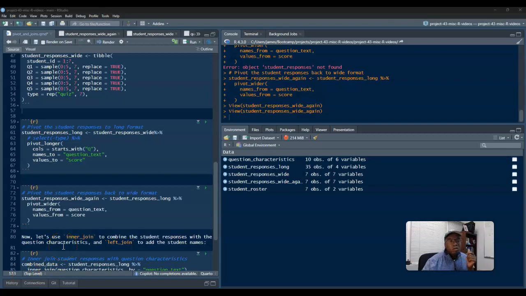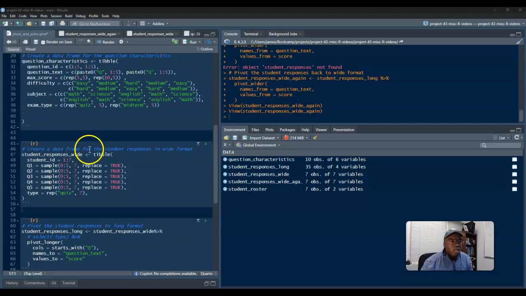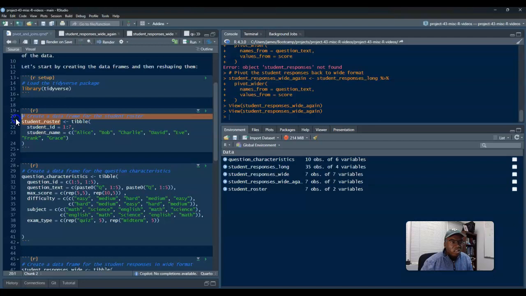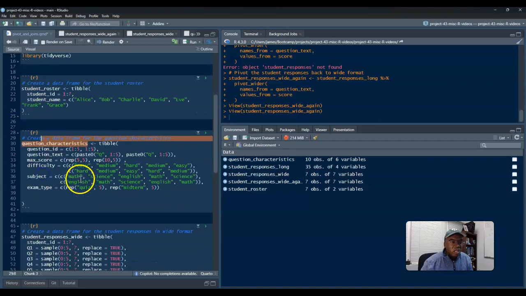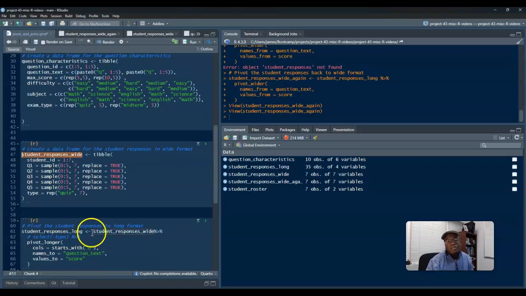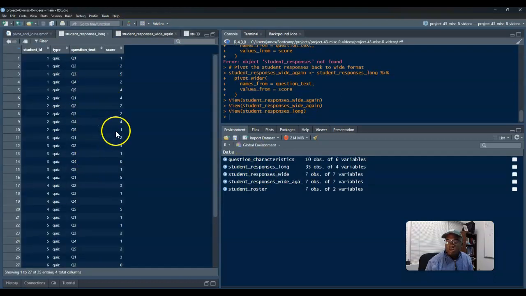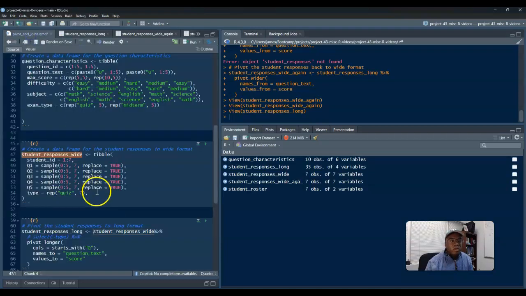Okay, so continuing on where we just left off, I created a couple of data frames. First, I created the student roster. I then created question characteristics as well as students' responses wide. Then what I did was pivot longer the students' responses, because I want to be able to ascribe certain characteristics to each of the questions and see how students performed based on certain characteristics of the questions. And then for a pivot wider,